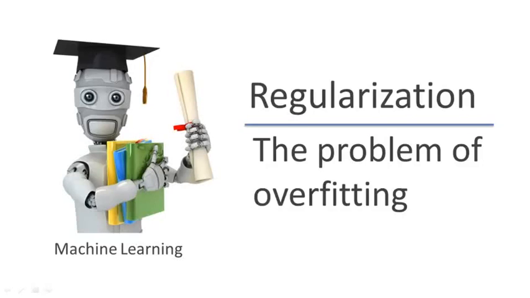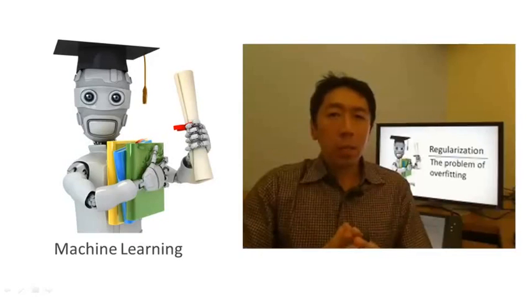By now, you've seen a couple different learning algorithms, linear regression and logistic regression. They work well for many problems, but when you apply them to certain machine learning applications, they can run into a problem called overfitting that can cause them to perform very poorly. What I'd like to do in this video is explain to you what is this overfitting problem, and in the